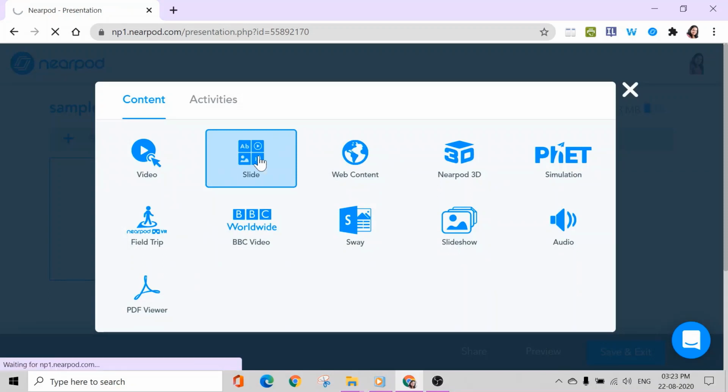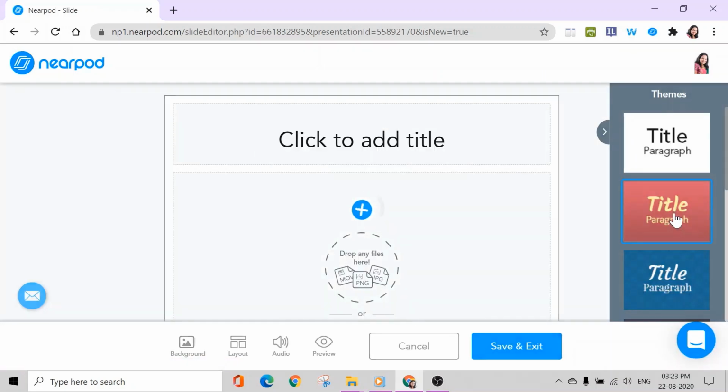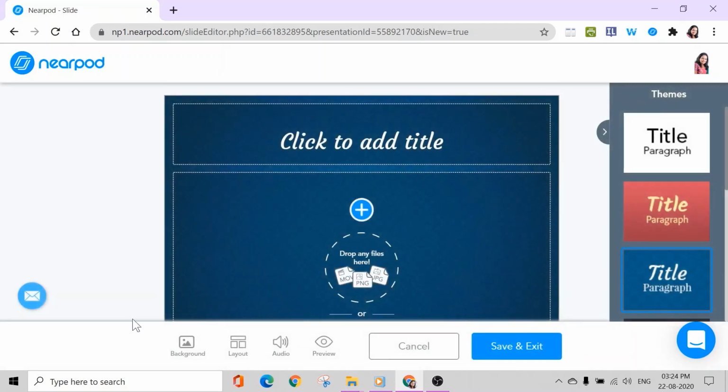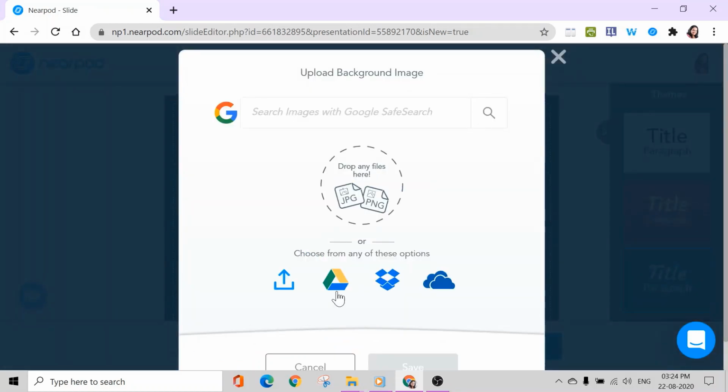This is like a normal slide. You can change the themes and colors as you wish. If you want to change the layout, you have got the option here to change the layout. You have got one element, a title and one element, or a title plus two elements and everything there. If you want to change the background of that, I can give a new background like